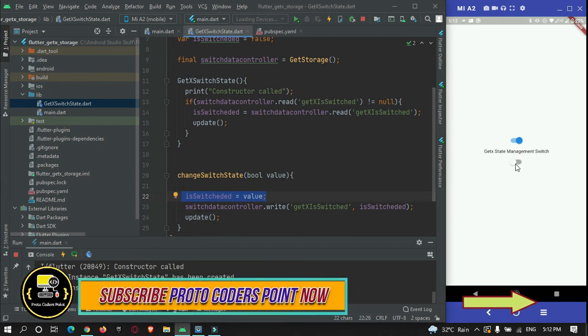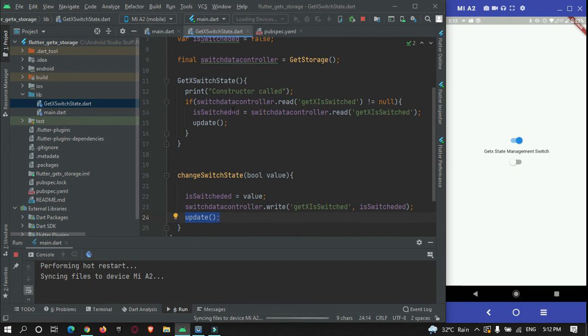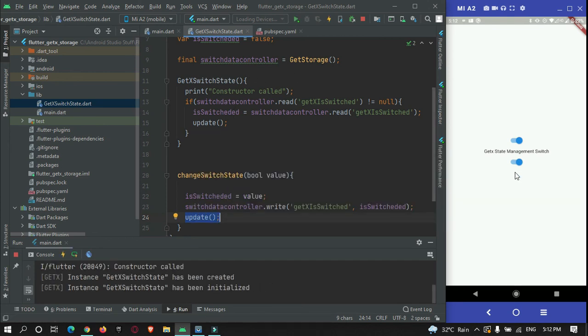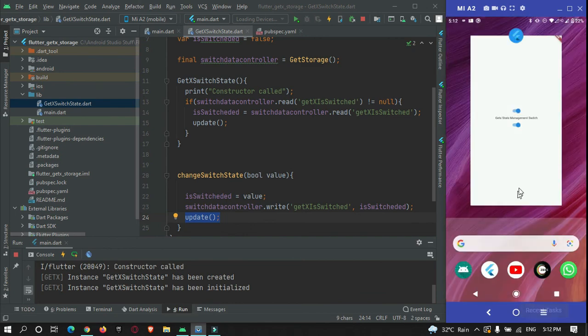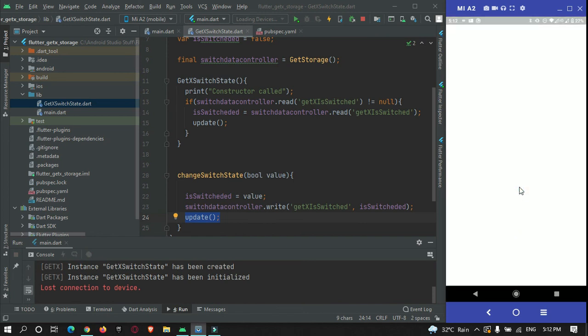If it is now false and you press on it, it will become true, and the switch value will change to true, and our database, meaning the data, will get updated. But if we do not update the observer, it will not update the view. So I will restart again. Let's check. Now as you can see, on, off, on. And now if I exit the app and reopen the app again, you can see it is still on.